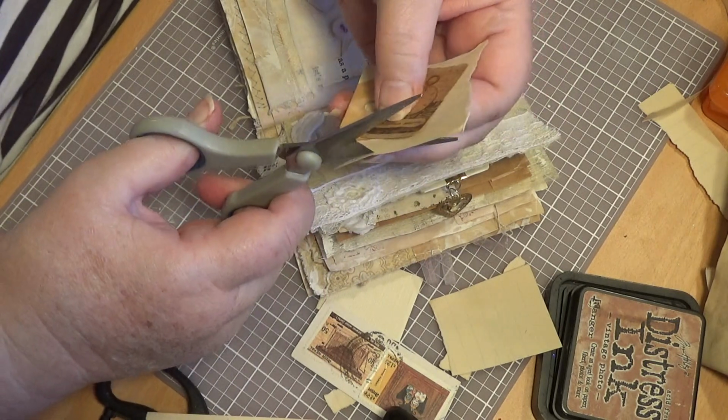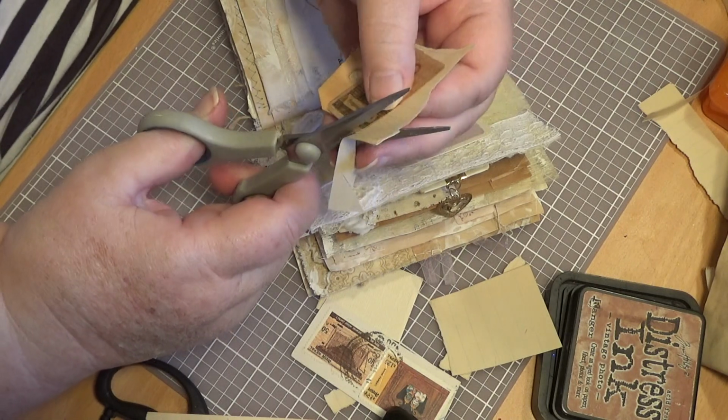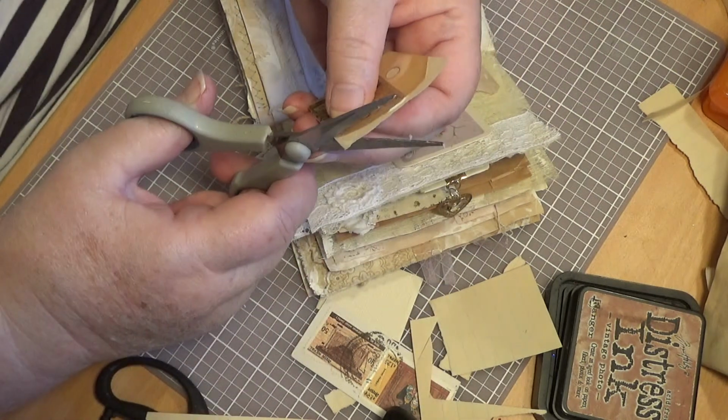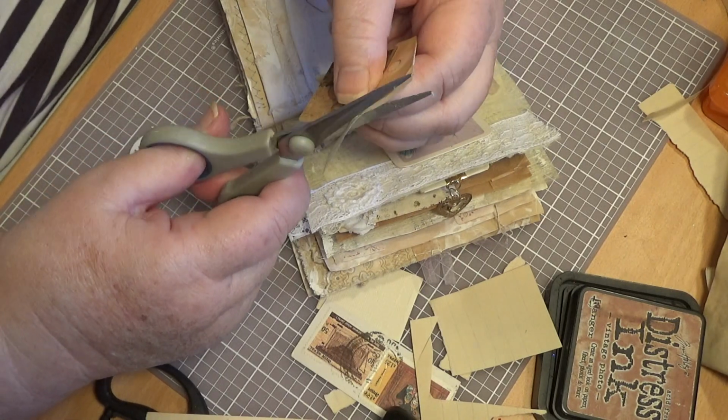This wasn't what I was going to do. I didn't know what I was going to do till I saw the stuff. And now Amy's doing this too and she's having good fun. Everybody has to have a go. Come on, you girls have a go. Get whatever you've got. It doesn't matter what you've got. You can make stuff if you don't have